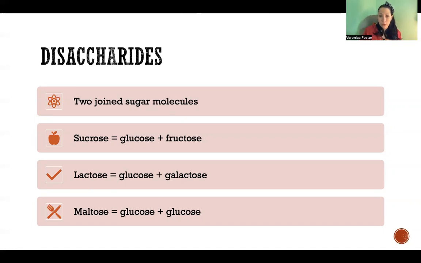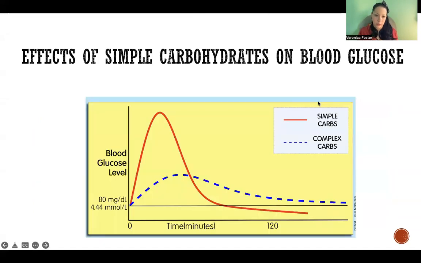Okay, so simple carbohydrates have a very quick effect on our blood glucose because it requires so little digestion. There's so little we have to do, if anything. Monosaccharides, we don't really have to do anything, we just absorb them. And disaccharides, we only have to break one bond, and then we can just absorb them. So that means that we get a very fast, immediate rush of glucose in the blood.